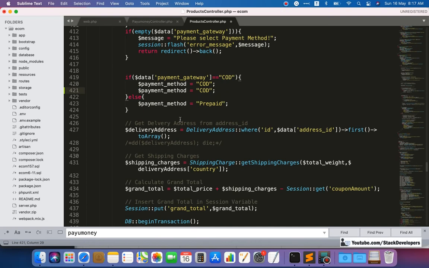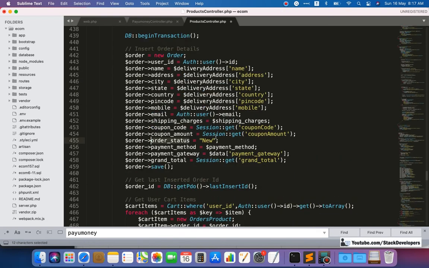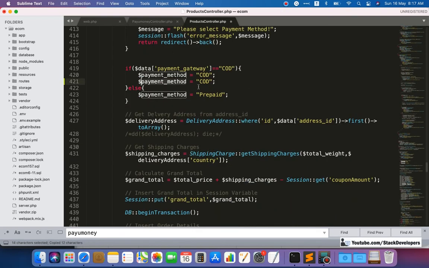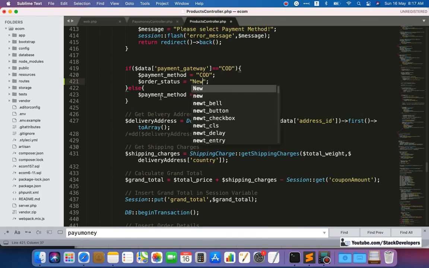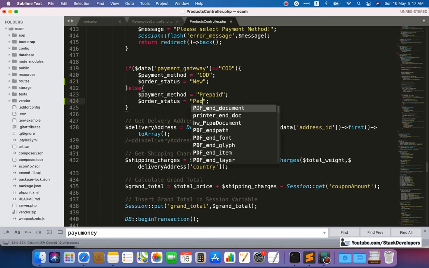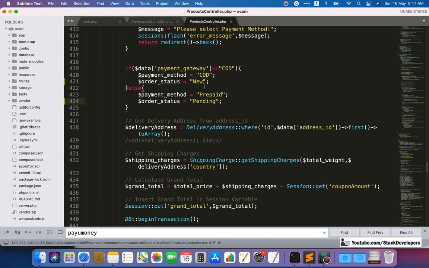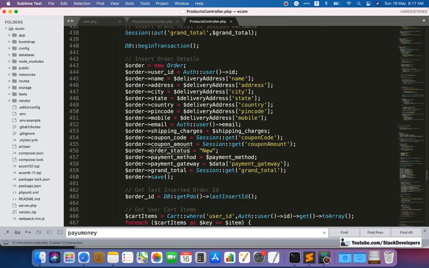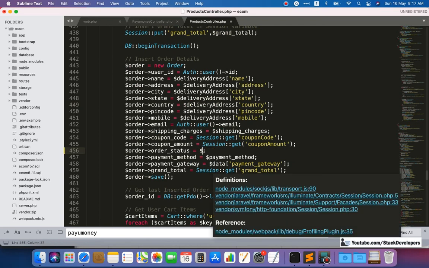And here one more thing we are going to do, the order status in case of COD we will keep it like new, and in case of prepaid order we are going to make the status like pending, because we never know that the user payment is done or not. So we can give this order status here instead of this one. New, we will give the order status like this.